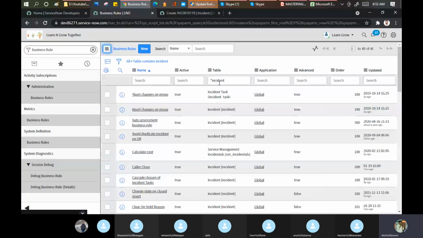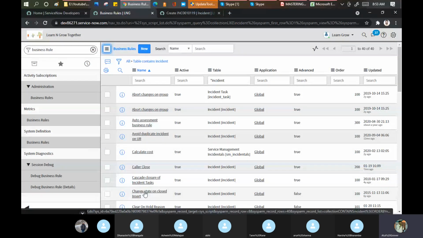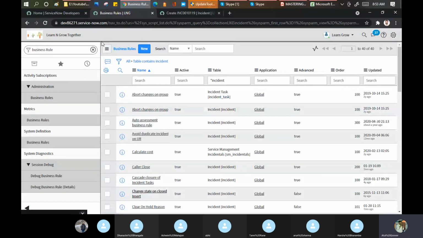I have a lot of things which we can discuss. Advanced, this, duplicate color, cascade closer, change state to the insert. It's false, sorry.